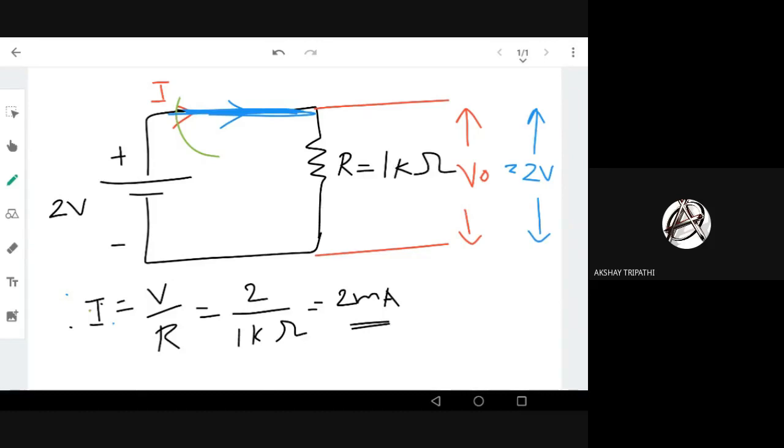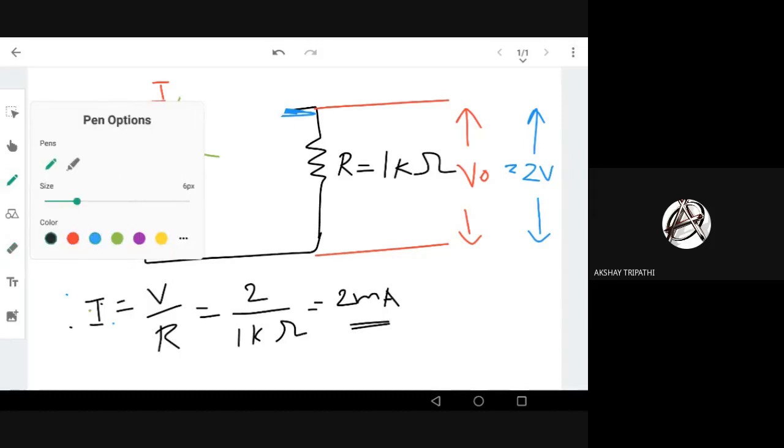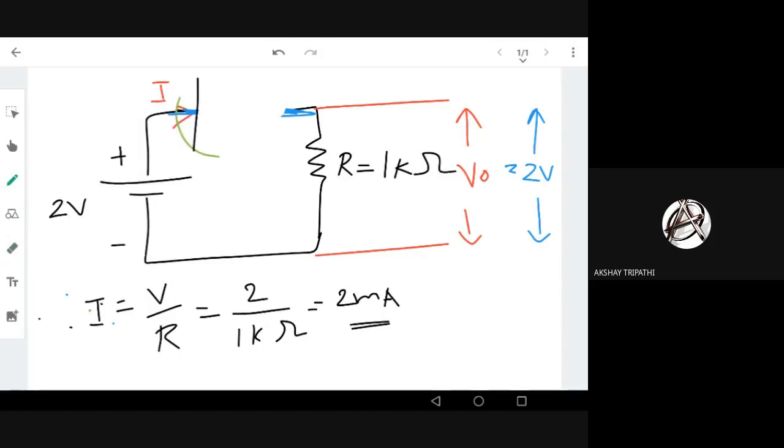But in practical cases, you should know there is no ideal diode. So we have to replace this diode, as diode drop is always there. There are two options, one kind of modeling which I think we have discussed. The anode portion will be plus, cathode will be minus. And what will the diode drop be? 0.7 in the case of silicon diodes, right? So there will be a voltage drop in the real diode. So what will the current be in this case?